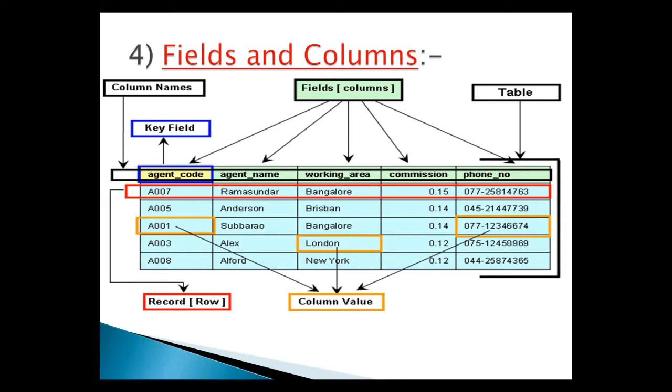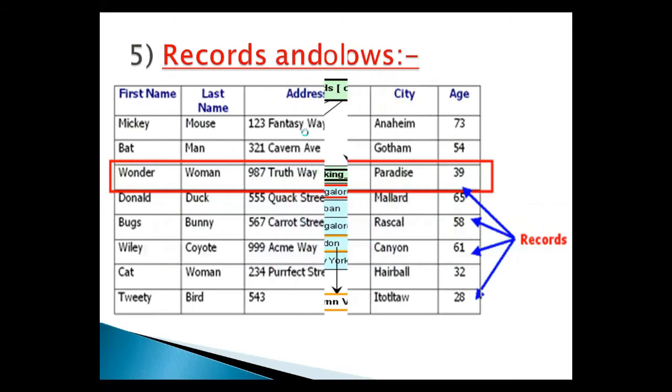The assigned data type determines what type of values can populate a column when visualizing a table. A column is a vertical structure in the table that contains a value for every row of data associated with a particular column. These columns within the customer table are shown. Each column is a specific category of information. All of the data in a table associated with the field is called a column. Now, the next heading is records and rows.